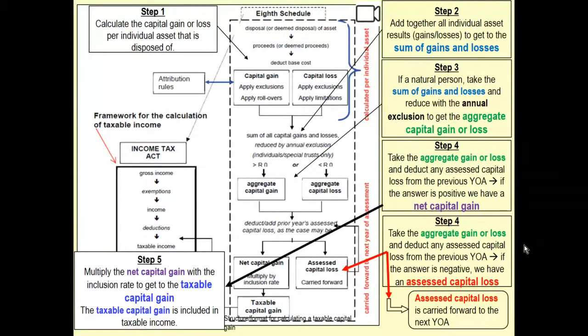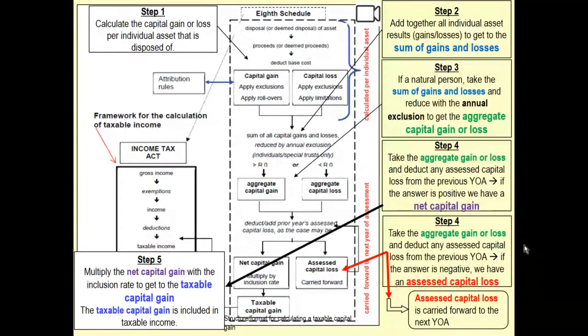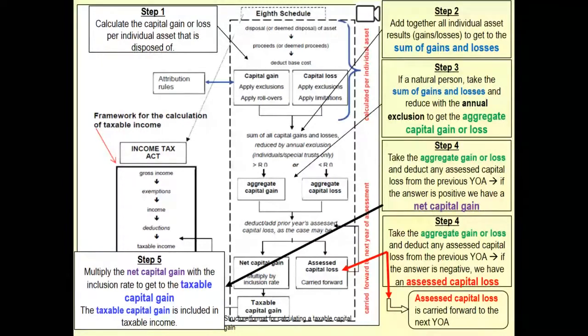If it's a net capital gain, then depending on the inclusion rate, we're going to take our inclusion rate and multiply it with the net capital gain, and the answer there is what is known as the taxable capital gain. And it's that taxable capital gain that is then ultimately included in taxable income. So I really want to